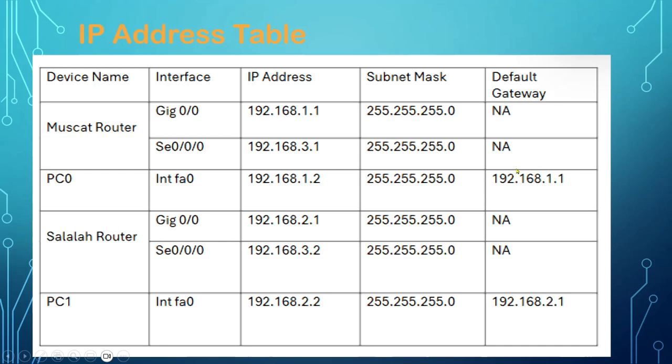If you observe this IP address table, the networks involved are 192.168.1, again 192.168.2, 192.168.3. Means all these networks we have to register on Routing Information Protocol. So for that purpose, what we will do,